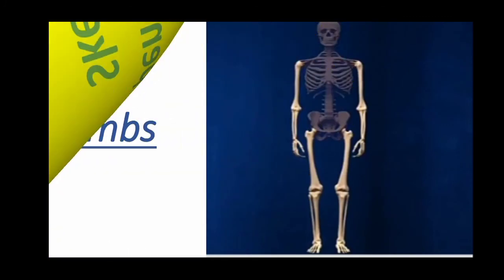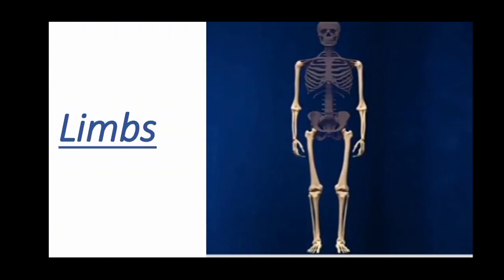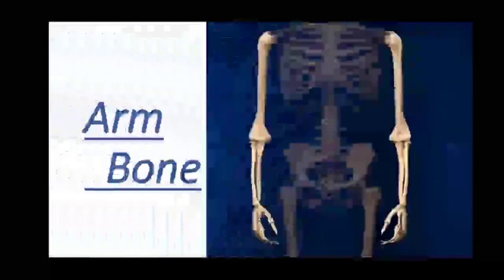Next, we are moving on to appendicular skeleton. The first one we see are limbs. Limbs means hands and legs. When we talk about our hands, we can see the upper one called the forearm. Second one we see is the hand or hind arm. Then comes the wrist and finally we have a palm and at the end of the palm we have fingers. So in each hand we have a number of bones and altogether in the 4 limbs we have 60 bones.